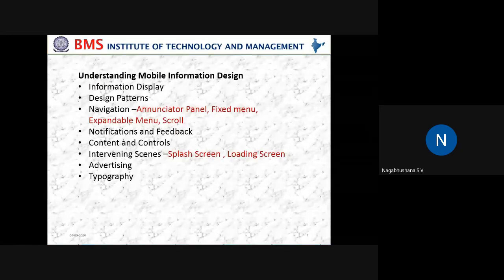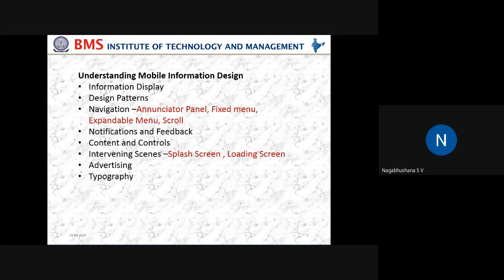Always don't think that a mobile which costs less than 5,000 will have very few features, and a mobile which costs 60,000 rupees will have more features. Whatever basic features need to be available in mobile devices will be available in all kinds of mobiles. The only thing is that the way of operation, the look and feel of the interface in the mobile applications will be different. So that's what it is.